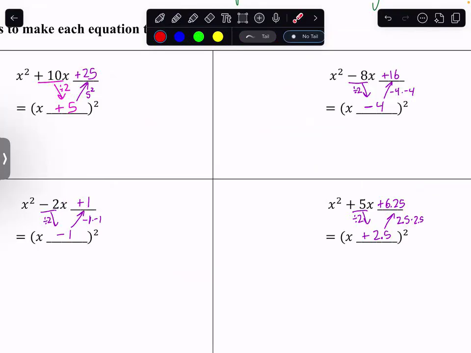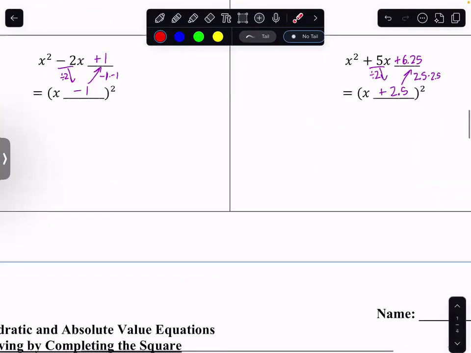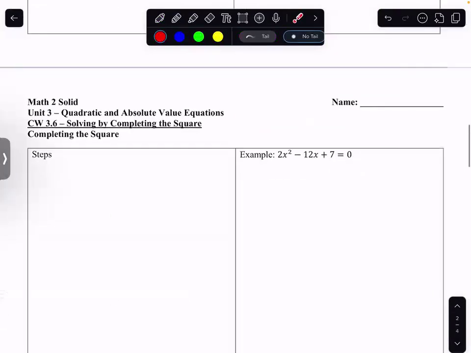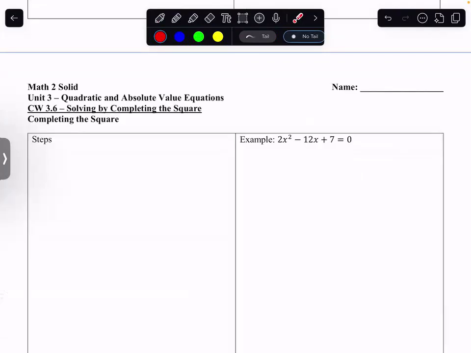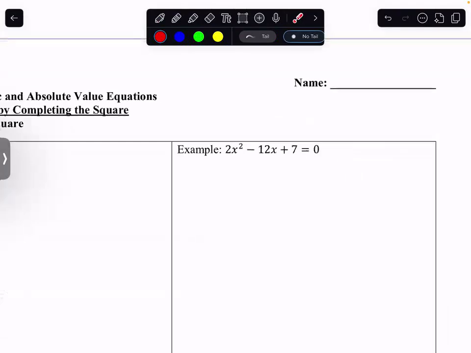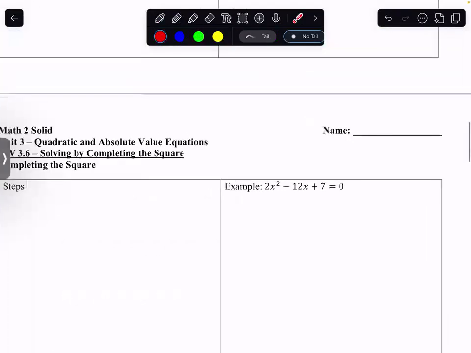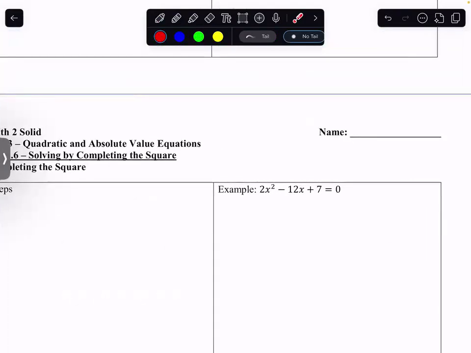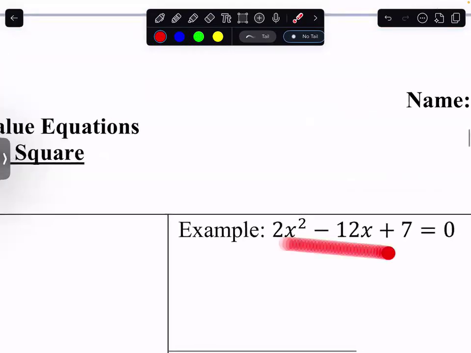Go ahead and turn to the second page then, please. All right, guys. Why are we learning a new method? Last couple classes, we were doing solving equations by factoring. Why can't we just do that? Well, we've learned in the past that not all equations are factorable, or not all expressions are factorable, I should say. So if you try to factor this problem,